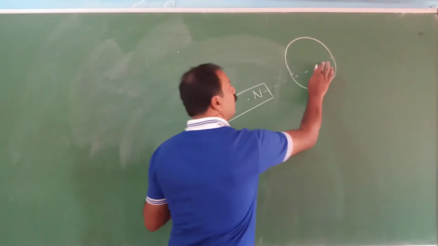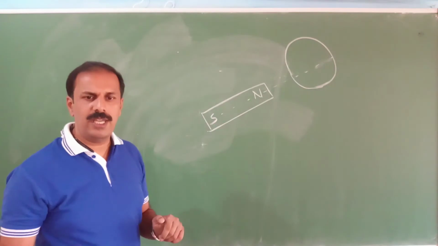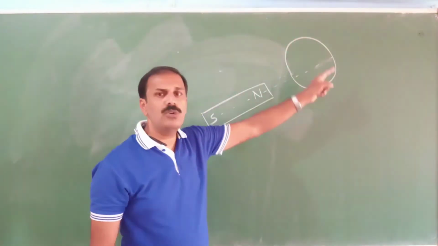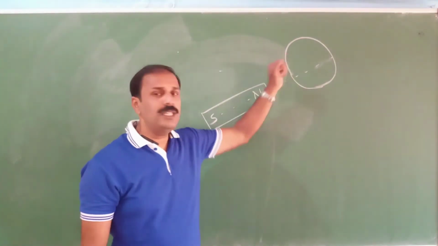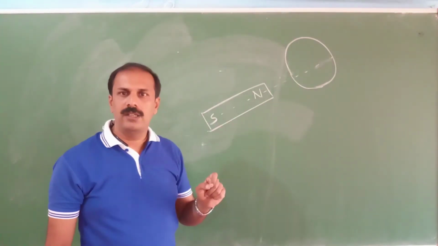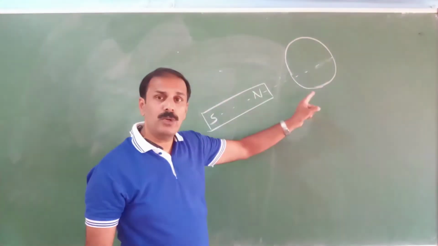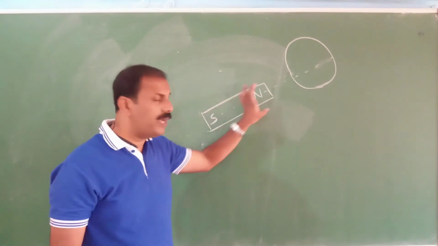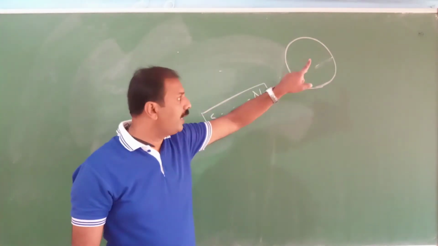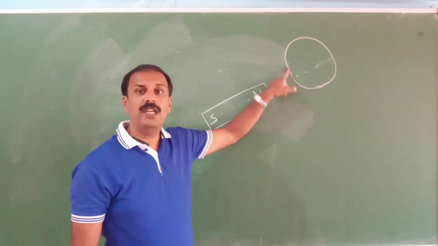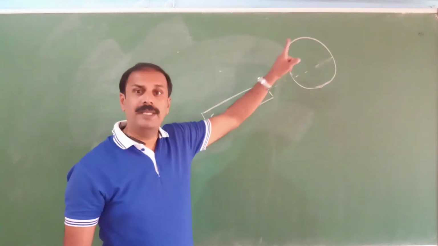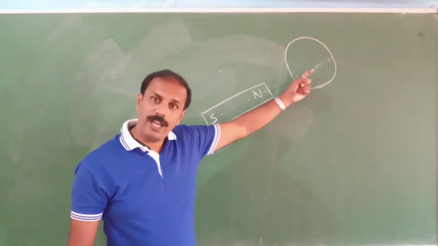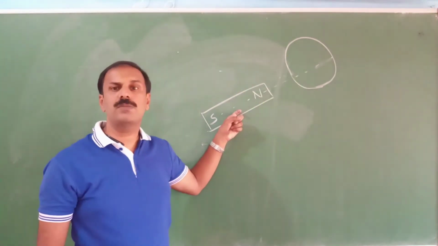This is a coil. Now, what Lenz's law says is, when you push this north toward that coil, an EMF is induced in this coil. The induced EMF will be in such a way that it will produce another magnetic field. That's clear? You are pushing this magnet toward this coil, an EMF will be induced and a current will be there. And that current will produce another magnetic field. That magnetic field will oppose this magnetic field.